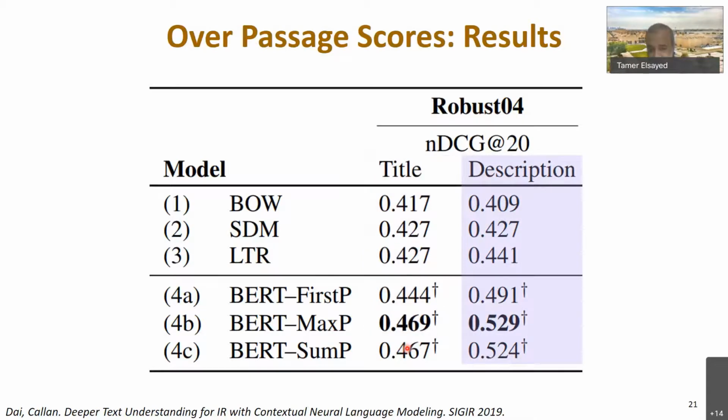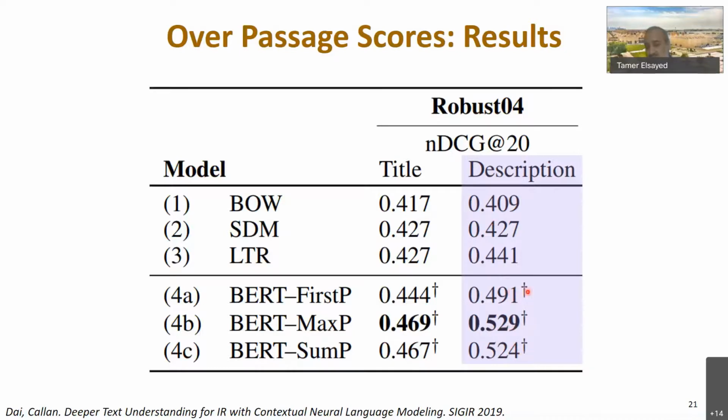If we look at the description, you will see that we have something similar. Again, the BERT models are much better than the traditional models. But for the traditional models, when we have the description, some of the models were hurt, were worse, and for some, SDM was actually the same, it doesn't matter. And for learning to rank, it was a bit better. Here, if you look at the numbers, of course, they are much better than the traditional ones. And again, max P is a bit better than sum, and both are